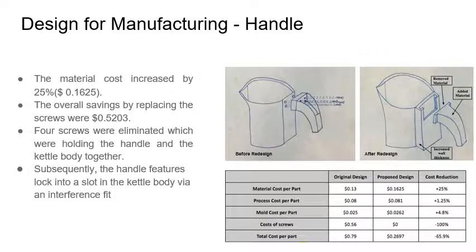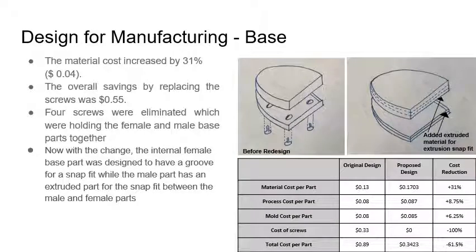in the table. For redesigning the base, we eliminated 4 fasteners and added extruded material to join the male and female parts of the base via snap fit. Adding this extruded material increased our overall material cost by 31%, as well as increased the process and mold costs for the part. But eliminating the fasteners had a large impact on costs and reduced our overall cost per part